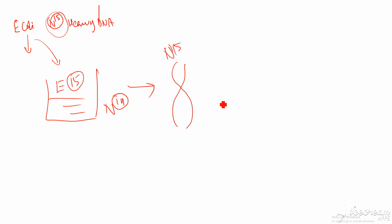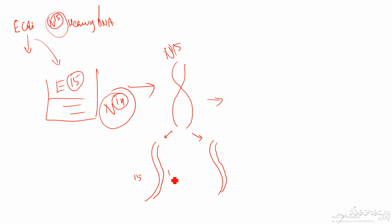Both strands will separate. This is an N15 strand, this is an N15 strand. The new DNA that will be formed will have N14. So this new strand that is being created has N14. N15 and 14. This one contains 15, this